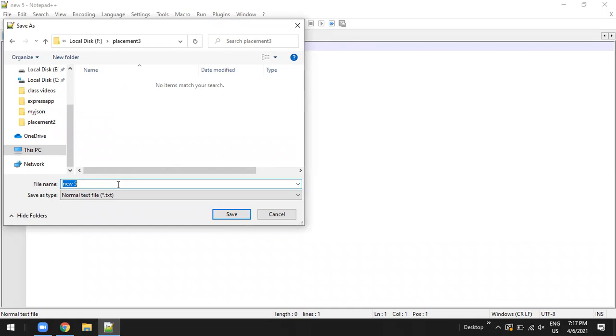Before saving the file, you should put double quotes and name the file. What is the name of the file? first page dot html. You have to save it as .html and close the double quotes, so that no other extensions will be added. Extensions in the sense, this type would be added automatically to the file name. To avoid that, we are using double quotes and save.